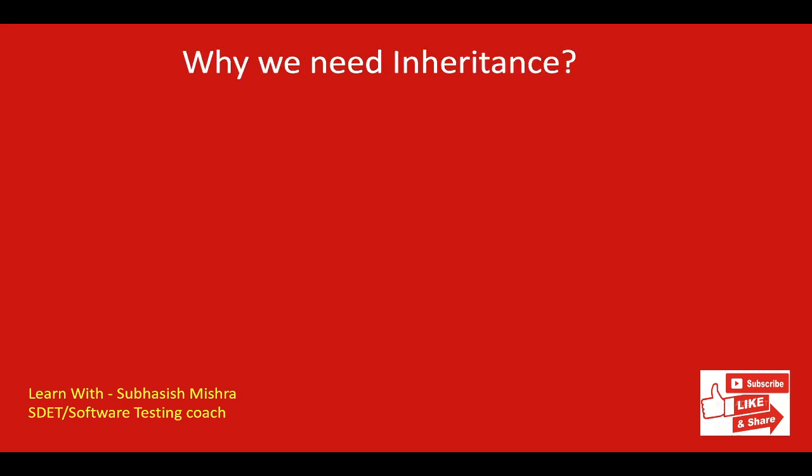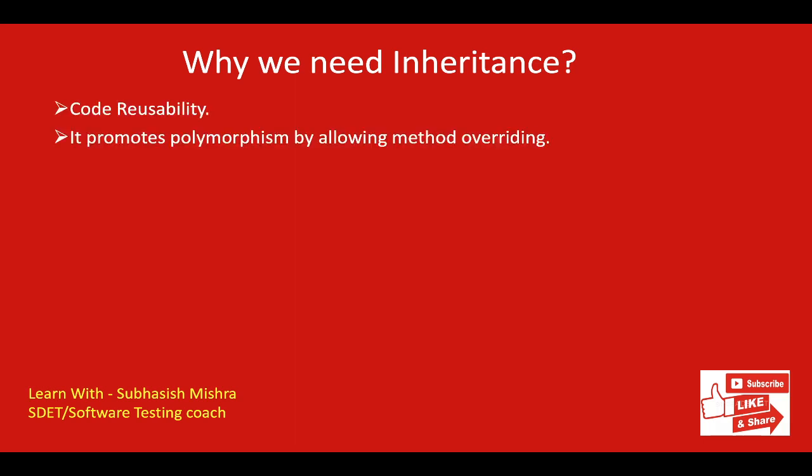So now let's understand why we need inheritance. Inheritance allows us to reuse code. It improves reusability in your Java application. The biggest advantage of inheritance is that the code already present in the base class need not be rewritten in the child class. This means that the data members or instance variables and methods of the parent class can be used in the child class.